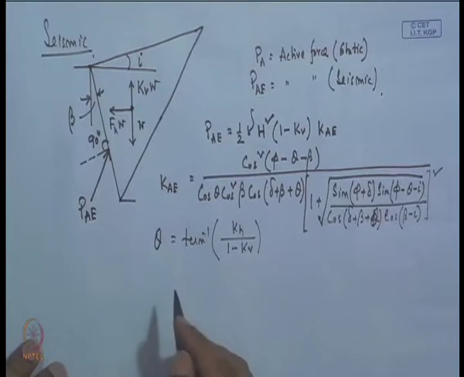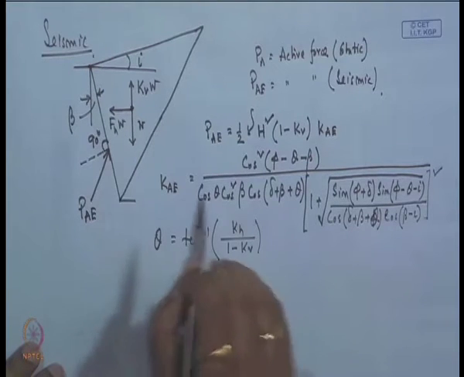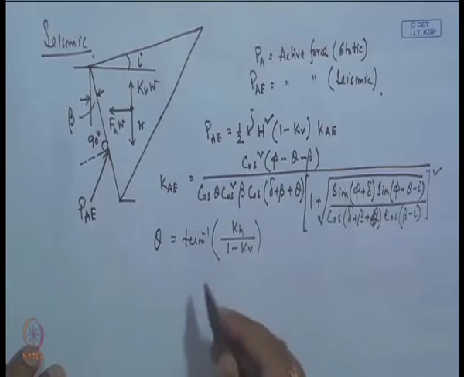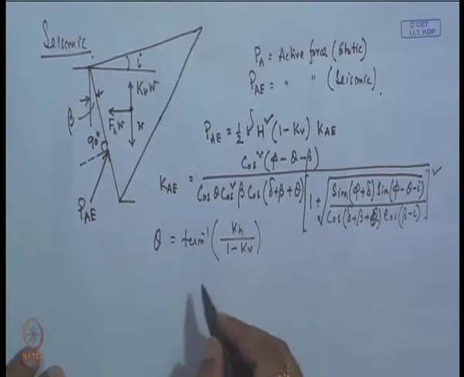Now, similarly, because we have done the analysis for the static condition, here I will concentrate only on how to calculate the passive and active earth pressure under seismic condition. The other design process will be the same as described in the previous classes, in the static condition, on how to design or analyze the retaining wall and the reinforced retaining wall. So, only how to calculate the active and passive earth pressure, that I will explain in this class.